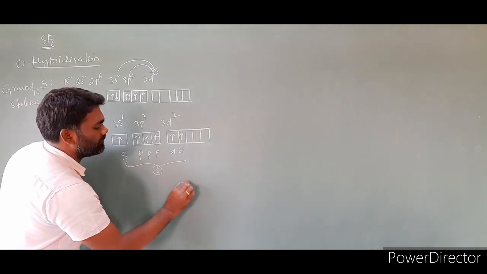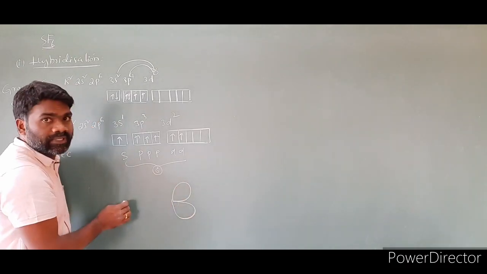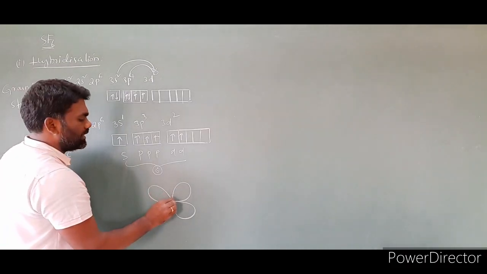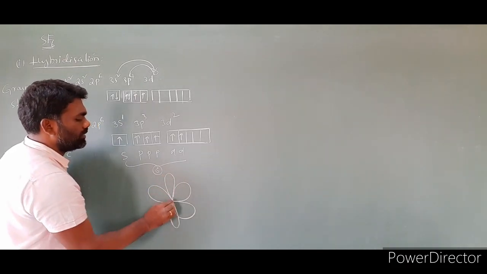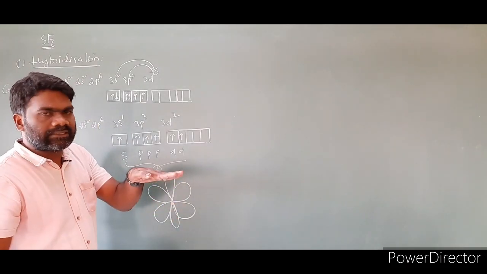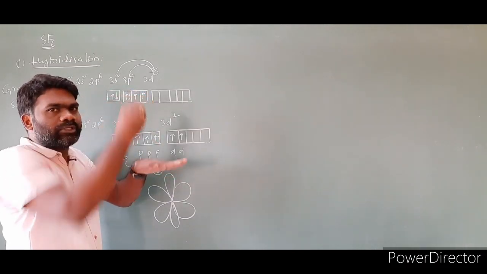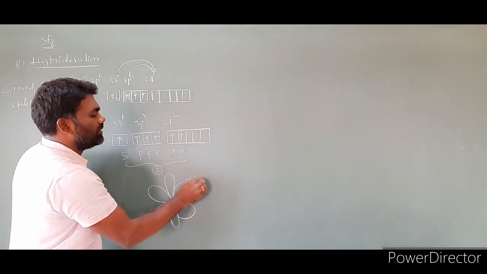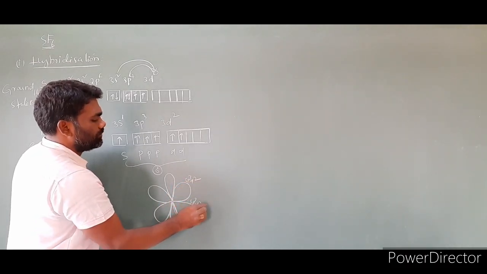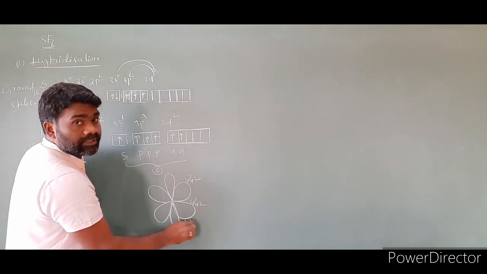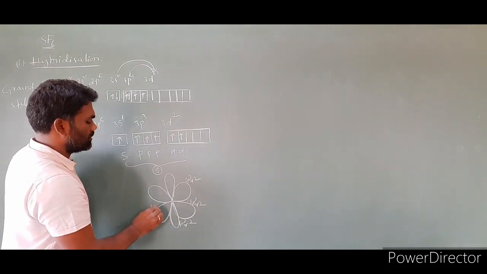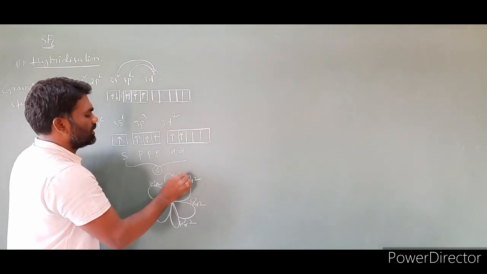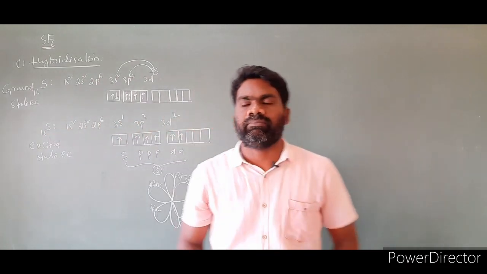Let us write them. So this is the first one, this is the second one, clear? This is the third one, and this is the fourth one. So one is above and another one is below. These 1, 2, 3, 4 are all present in one single plane. One orbital is present above the plane, and one orbital is present below the plane. All these are sp3d2 hybrid orbitals. How many do we have? Total 6. This is step number 1.